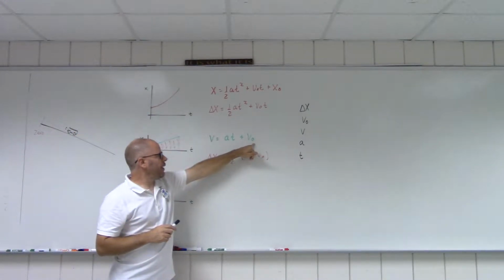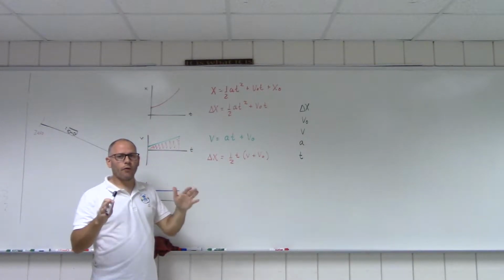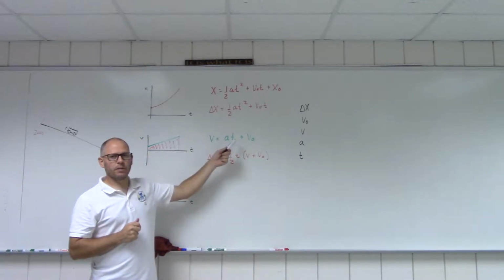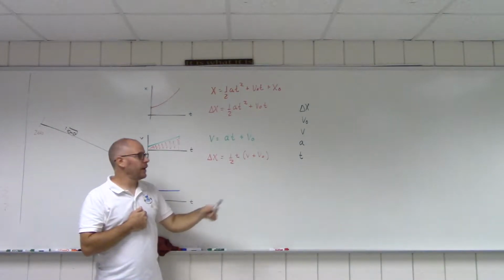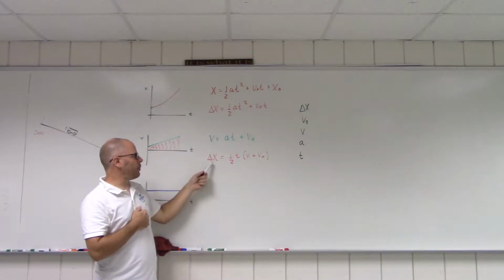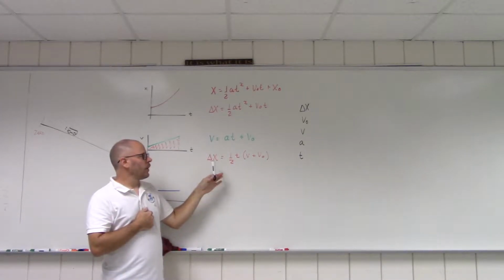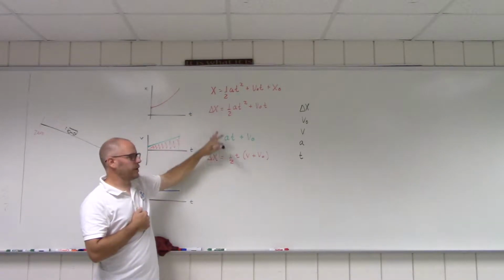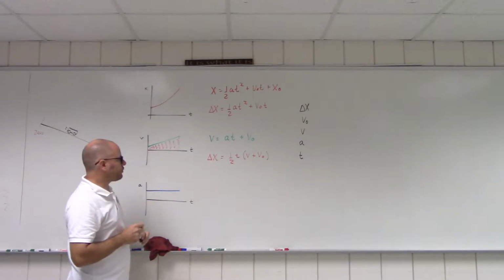Now, the thing about this is that if you wanted to use this equation right here, you would have to know 4 out of the 5. But what you'll notice is missing is the displacement, the change in position. If you look at this one, you have the change in position, but you don't have the final velocity. In this one, it's really interesting because you have the positions and the velocities, but you don't have the acceleration woven into this one. And so, depending on what you're given, that dictates your choice as to what you want to use. Okay? So the question is, what happens if